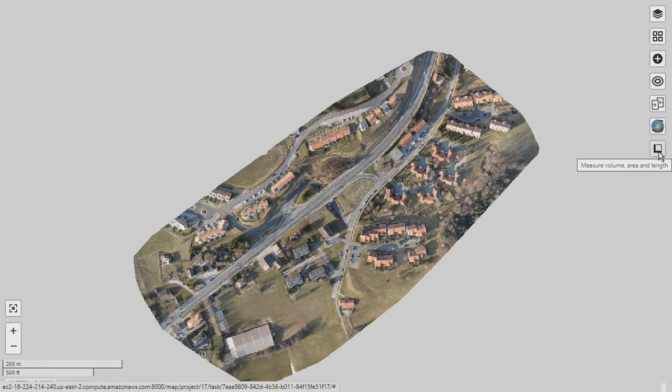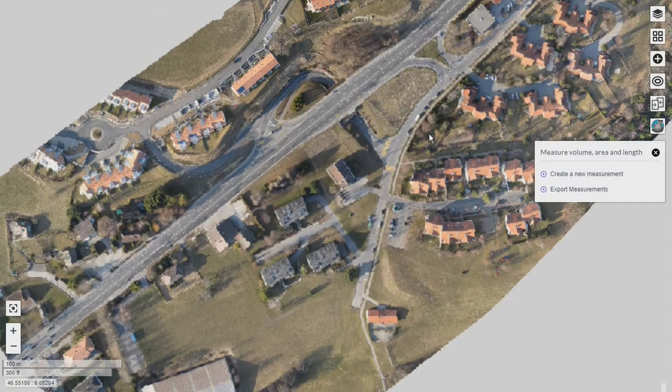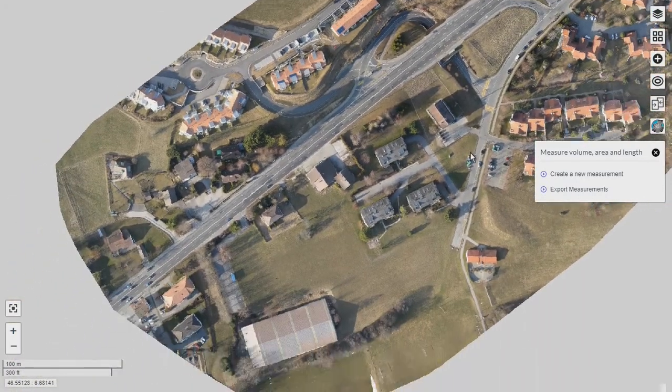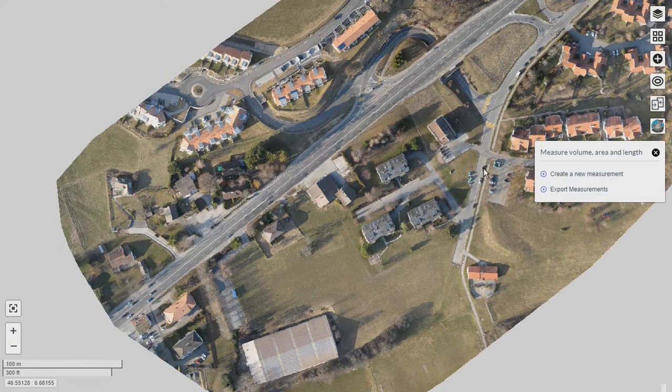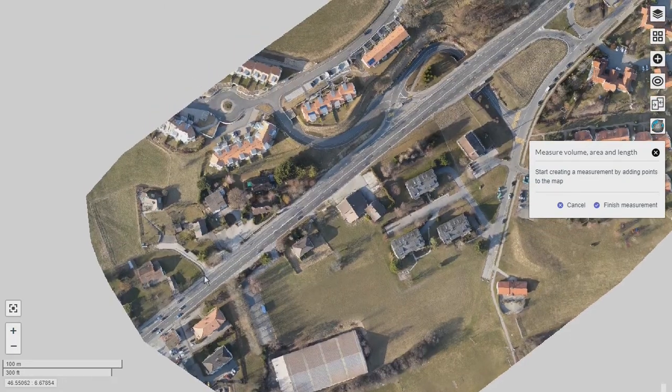For now, let's quickly jump onto the measurements and see what measurements we can do in an orthomosaic. It's a simple interface where we get an option to create a new measurement and export these measurements. Let's start with calculating the path distance of this road over here.